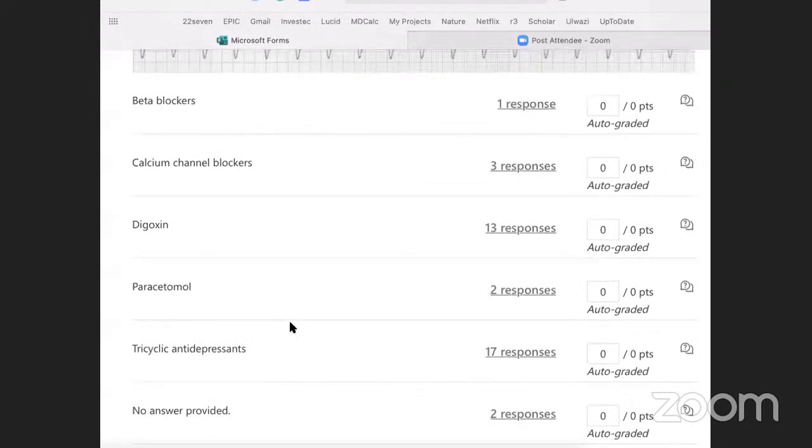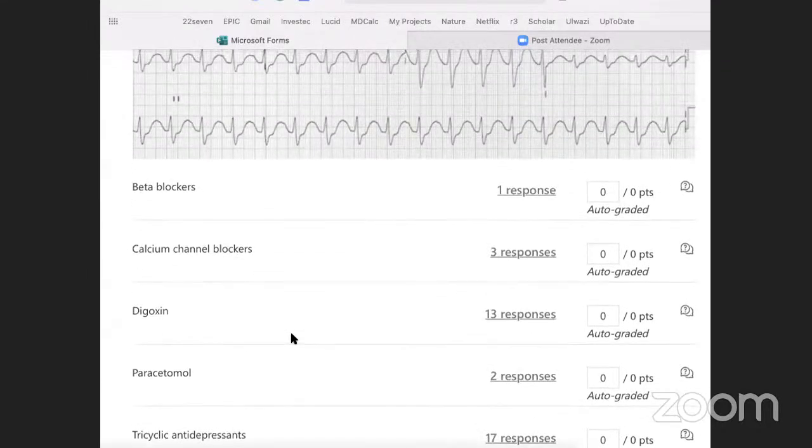So this is a tricyclic. We know tricyclics are very dirty drugs and they cause sodium, potassium, and calcium blockade. But a key giveaway would be the tachycardia. Where beta blockers would cause a bradycardia, calcium channel blockers also a bradycardia, and then we would have a very markedly prolonged ST segment.